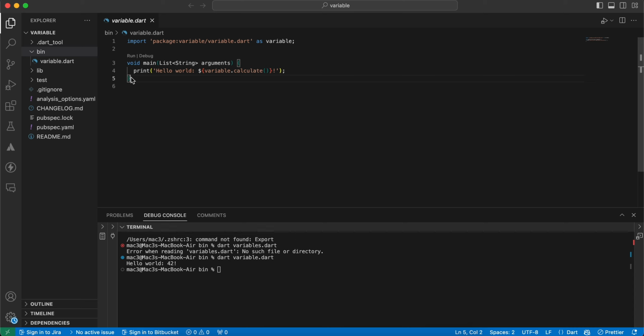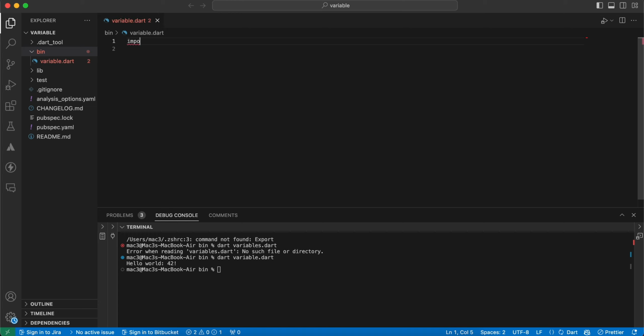So this is the first program written by the Flutter team or Dart team. Once you create any project in Dart, this code will automatically be written in your project. So I will just delete this, and this is a simple import. I will also delete this. Now this is the file I want to run. I will write code in this file. First of all I will import the project like variables